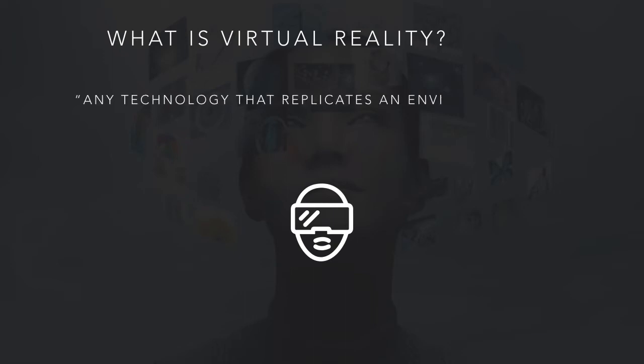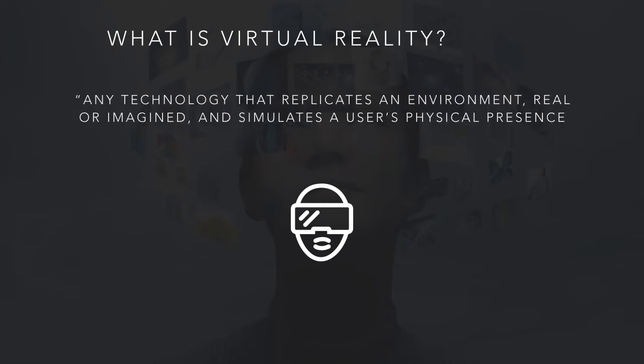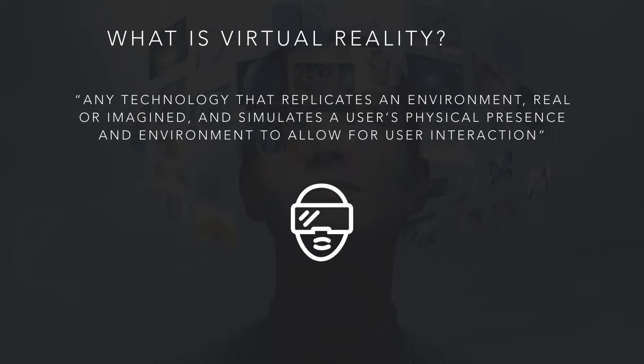And at its heart, virtual reality is really a replication of a real environment, or as we call it, reality, which is the state of things as they actually exist, rather than as they may appear to be or might be imagined. And according to the book Understanding Virtual Reality, Interface Application and Design, there's 4 key elements that perpetuate